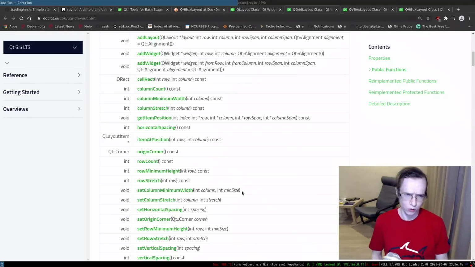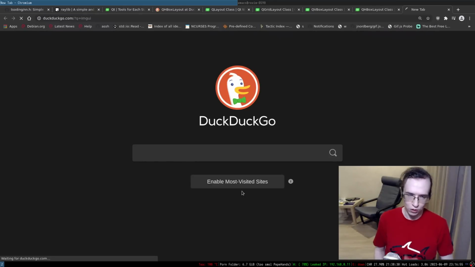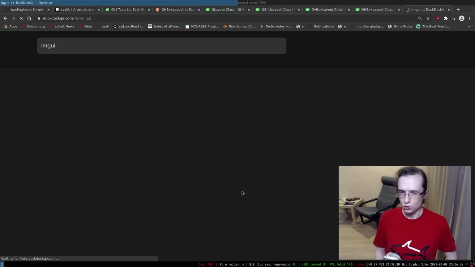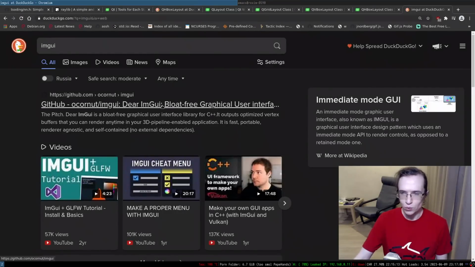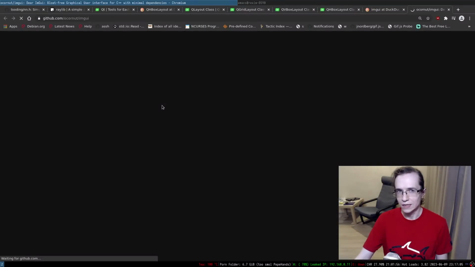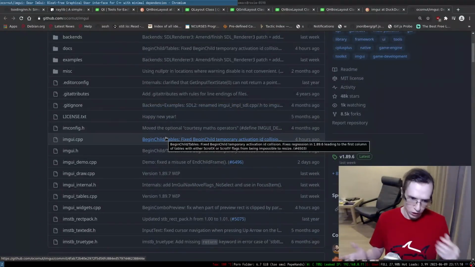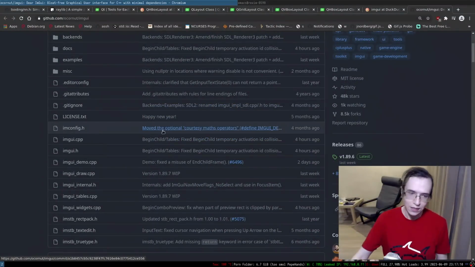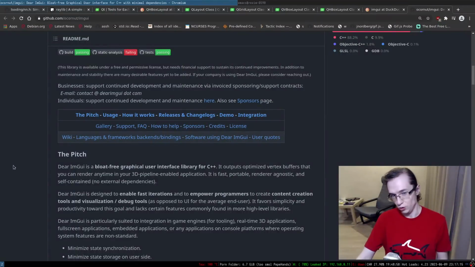If you've never heard about immediate UI, I really recommend to Google it up. It's becoming more and more relevant these days as things like Dear ImGui become more popular. So I think knowing what immediate UI is is valuable today, even though developing in a web style, where you have a pre-computed tree of elements, is still a dominant way of doing UI because of the web and stuff like that. Immediate UI is becoming more and more popular. Maybe at some point that's how we're going to be doing UI.